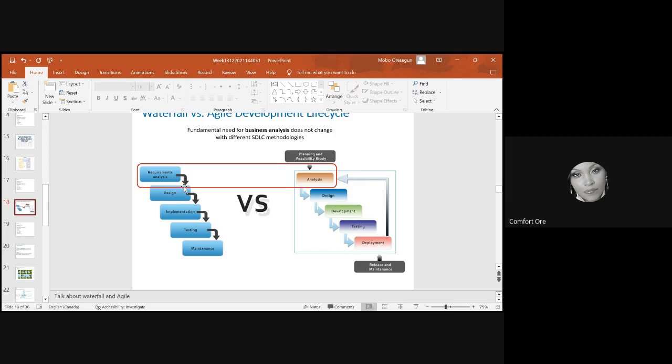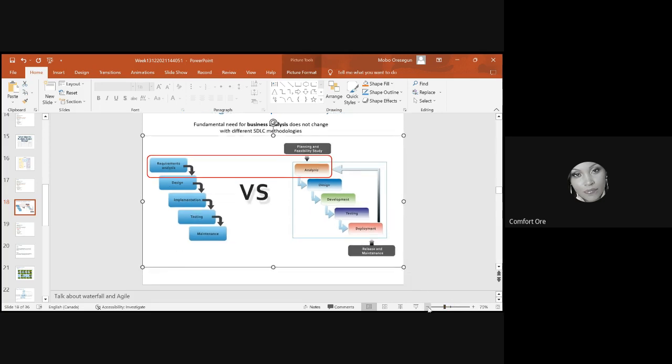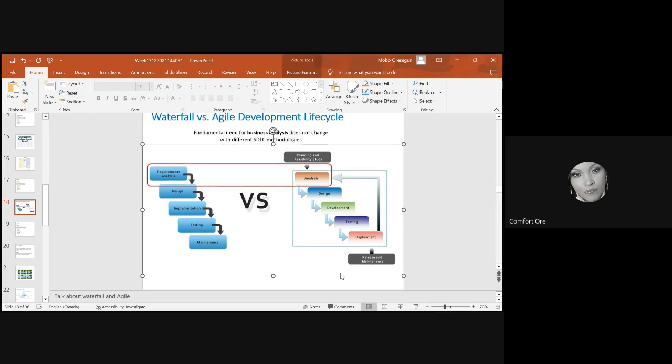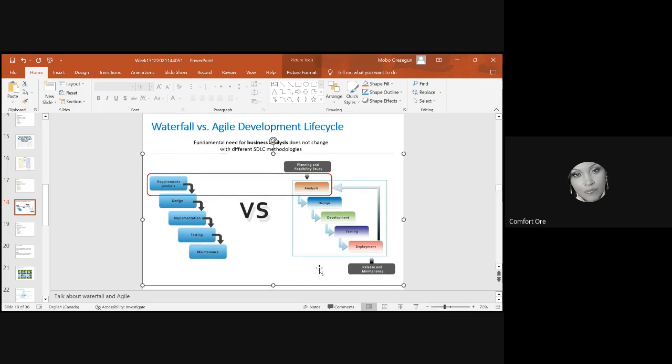So, if you're familiar, what do you think the difference is between a waterfall and an agile environment? Who knows what the difference is? No? Okay, that's fine. All right, so waterfall